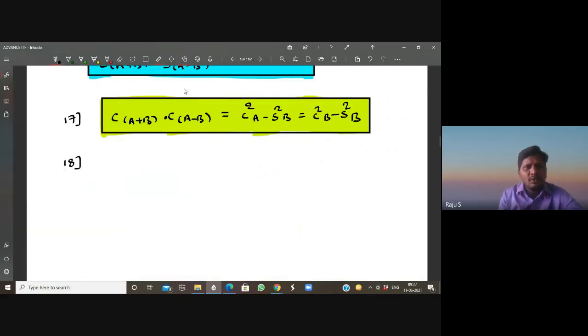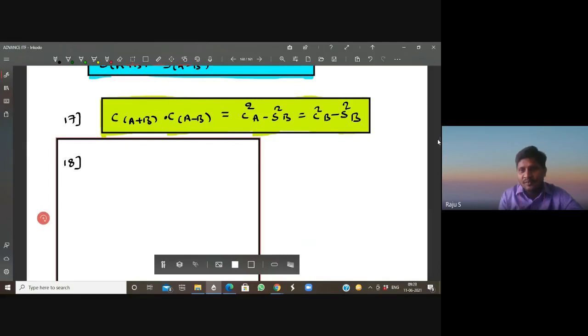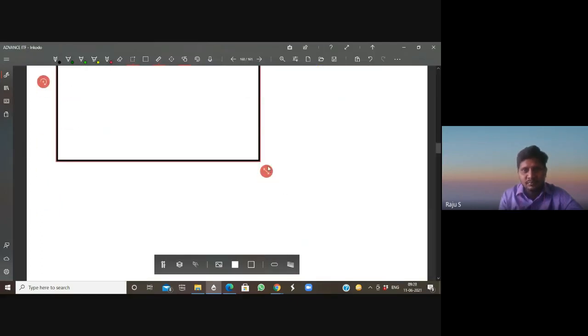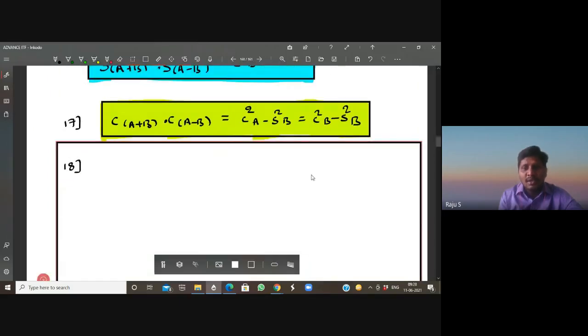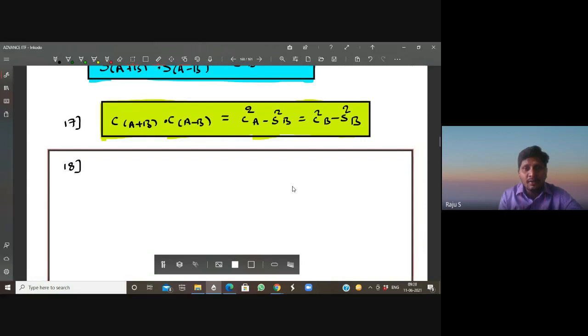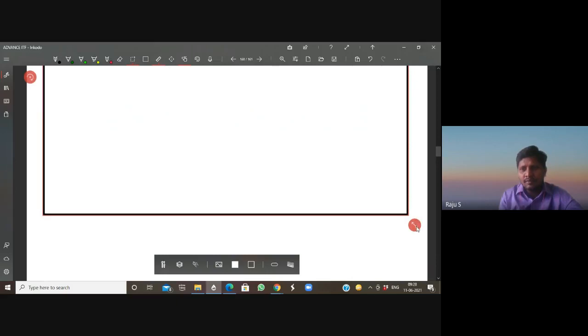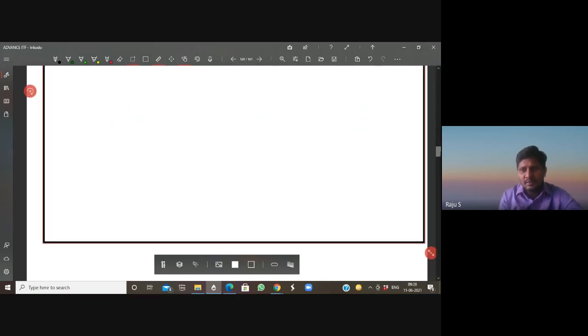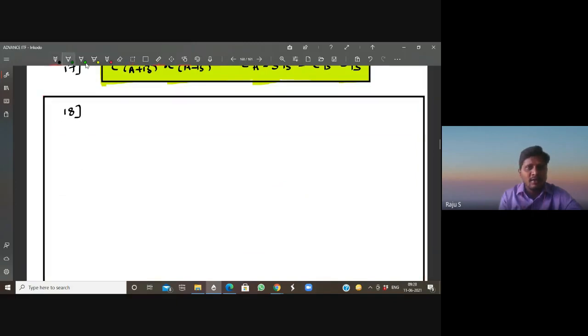Next, I'm going to write two more important formulas, which are important in mathematics as well as physics. So indirectly, what I'm explaining here are the basics of physics also: basic mathematics formulas which are related to physics. In that, the first formula is